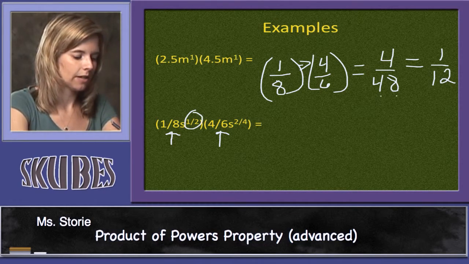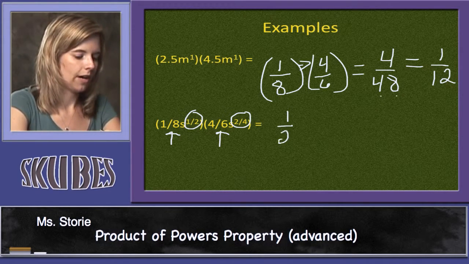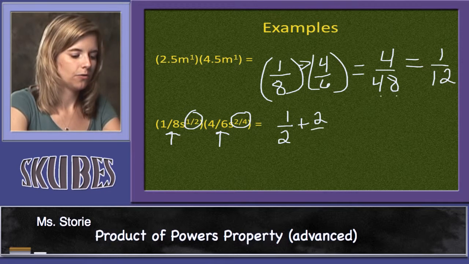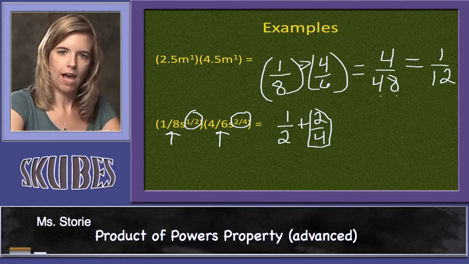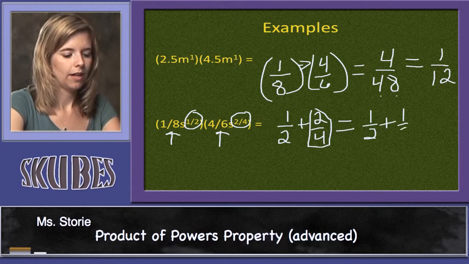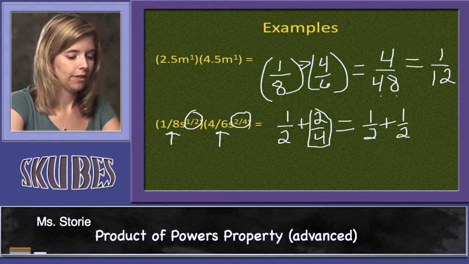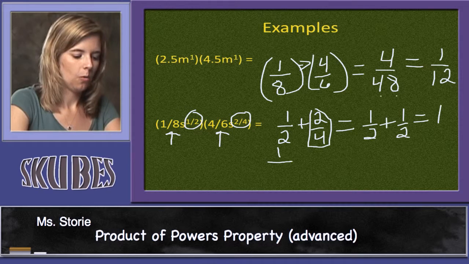Now if you're looking at your exponents, you don't multiply them, you have to add them together. So you've got a 1/2, and you're adding 2/4. Take a look right here. 2/4, that's the same thing as writing a 1/2. So you can actually have 1/2 plus 1/2, and if you have a 1/2 and you add another 1/2, you have a whole. So it turns out your final answer is going to be 1/12